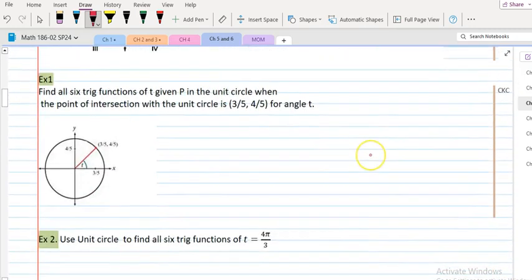So now, the first question we will want to do is, if there is an angle t, and at a point it cuts the unit circle at 3 over 5 and 4 over 5, find all 6 trig functions. So I know this is x and y. And so I would have sine t equal to the y value, which is 4 over 5. Cosine t